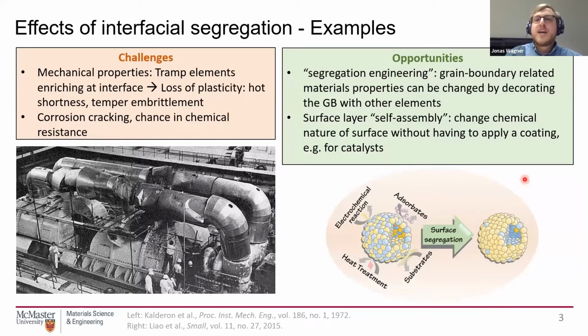So why should we care about interfacial segregation? Well, one reason is that it can have quite severe consequences for our material properties, namely mechanical properties. We see a strong embrittlement of the structure, as well as susceptibility to corrosion damage. Down here on the left, you see a very iconic image of the Hinkley Point A power station in Great Britain in 1969. There was a very big accident that is believed to be the first failure of such a turbine generator in Great Britain.